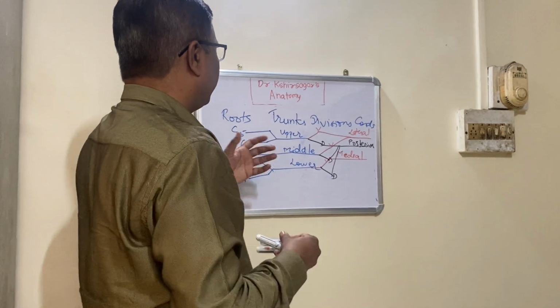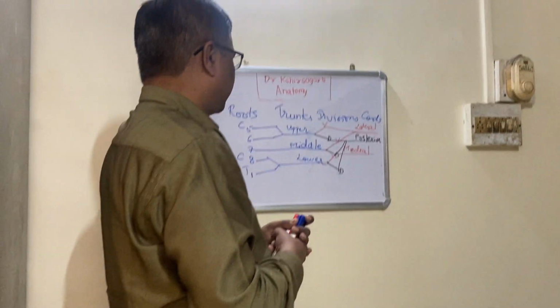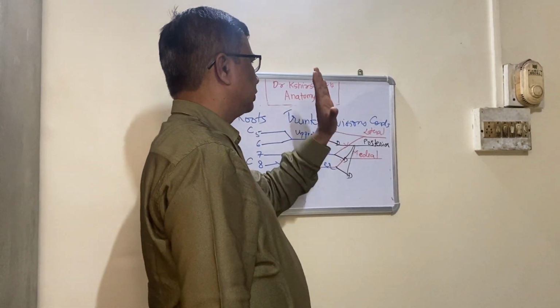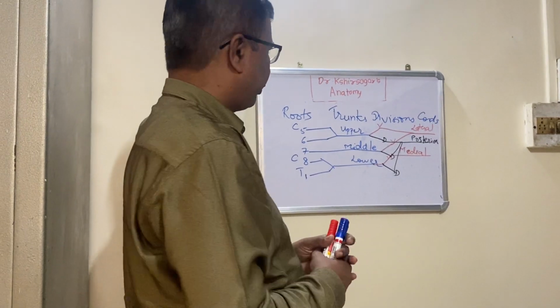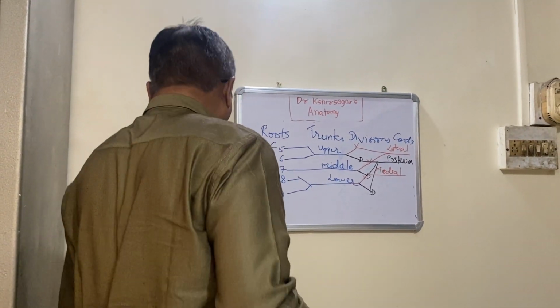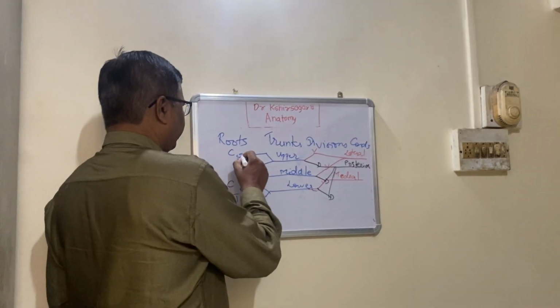After this is memorizing. You have to memorize the branches of each of this now. Now you will have branches of the roots, you will have branches of the trunks and branches of the chords. Okay. So we will go ahead to understand the branches of each of them now. Now first, branches of the roots. You will have